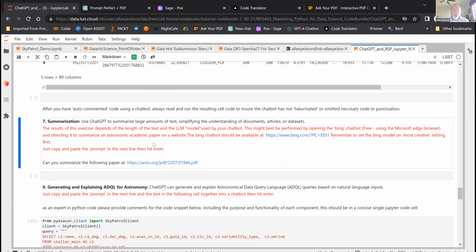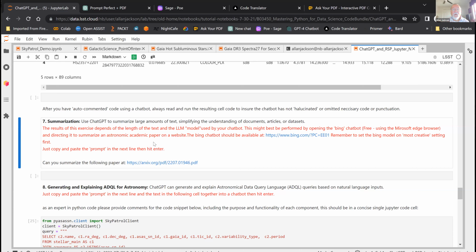And the reason I mention this is Bing has the ability to go out and navigate the internet, and it has a chatbot on top of that. These days, that's a relatively new skill for chatbots.